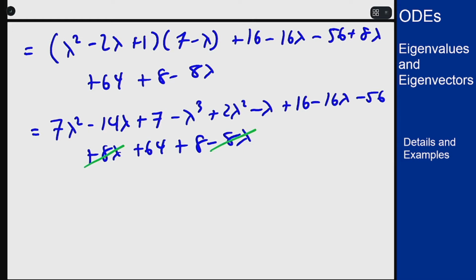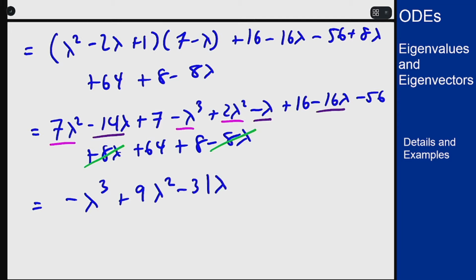Those will cancel, and then we just collect some terms. The negative lambda cubed, I see a 9 lambda squared, minus 14, minus 15, minus 31 lambda, and then a plus 7, that's a minus 40, so minus 33, plus 31, plus 39,